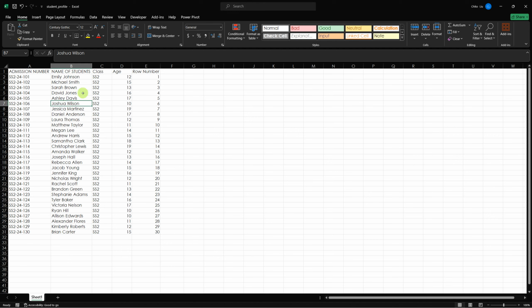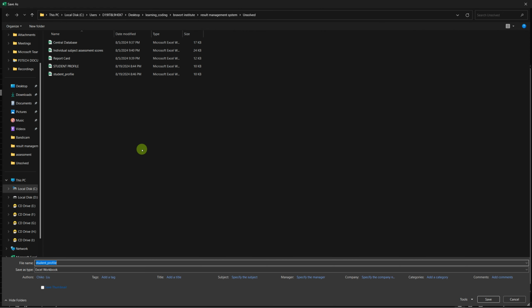So on the student profile, when I'm done making my changes, tweaking it if I so want, I can add every other thing. I can just press F12 to save as, and I'll just put it in my folder, most likely where the other worksheet is, and when I'm done giving it a name, student underscore profile,